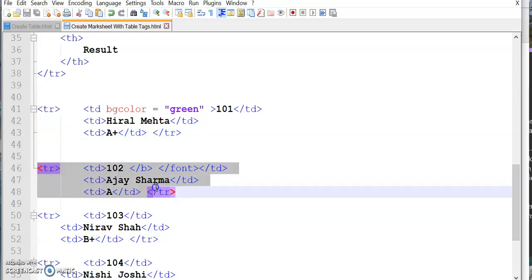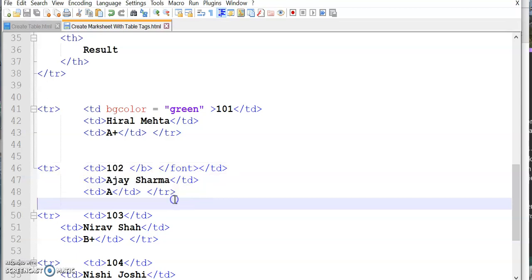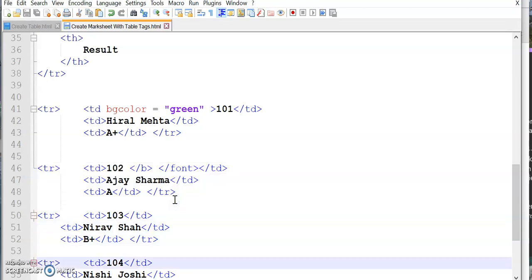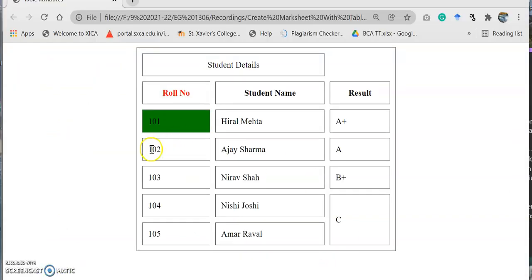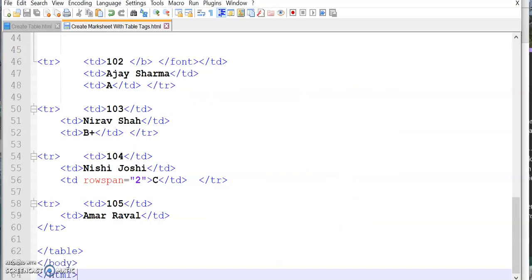Next, TR, again TR, right? I think we don't need to discuss all this because we have already discussed the bgcolor and all the things, right? And this way you can add more and more rows. Now let's focus on the next new thing. So I think you can add 101 row, this 3, 4 and 5 is also fine, but what about this C? Because here we have merged 2 rows, just like 3 cells, here we have merged 2 rows, right? So let's see.